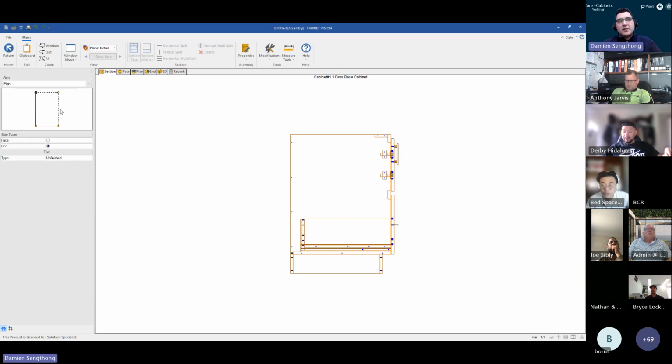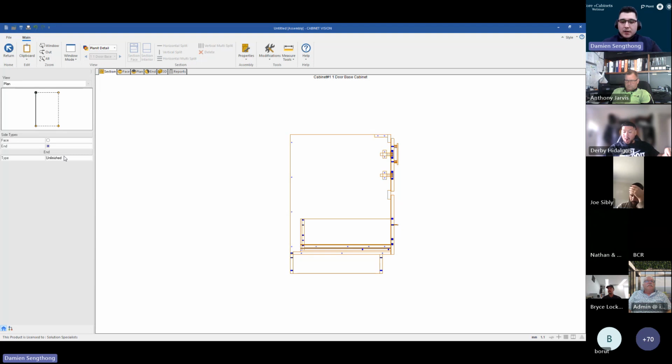By selecting each of those lines, you can see that we are presented with a different type for the cabinet. So as you can see here, I've selected the left, and the side type is an end. Along with that, you do have other end types. So you would have unfinished, which would be your standard carcass material or carcass component. And then you have a finished end, which would be in the same material generally as your door and or